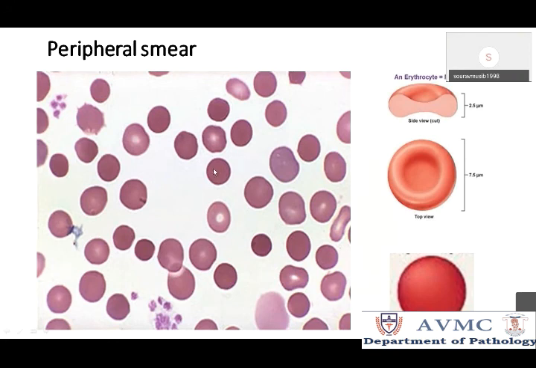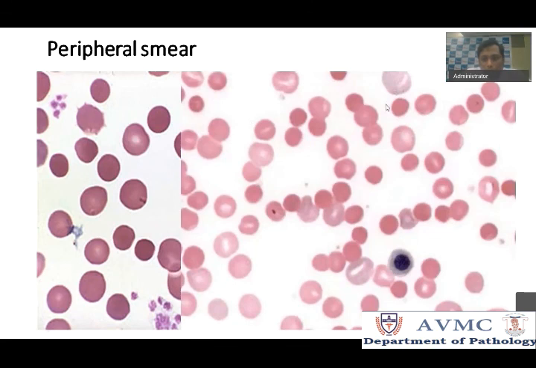Yes, exactly. For a shape to occupy high volume in a low surface area, the one shape that can do that is the sphere. So that is the reason why it's becoming a spherocyte. I'll tell you why it's becoming a spherocyte in the subsequent slides. But you find a lot of spherocytes here. This is a normal RBC, and these are all spherocytes. There is loss of central pallor, and it is hyperchromic, as you all said. So you find a lot of spherocytes here, and similarly you find a lot of spherocytes.